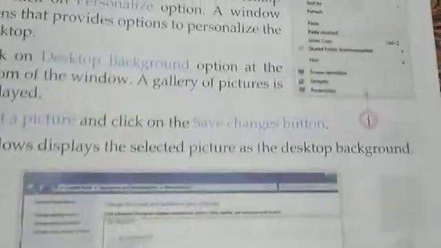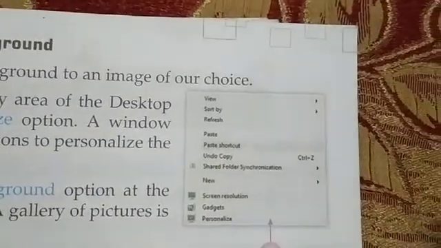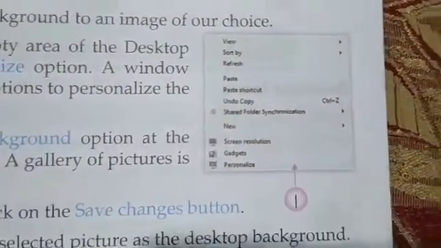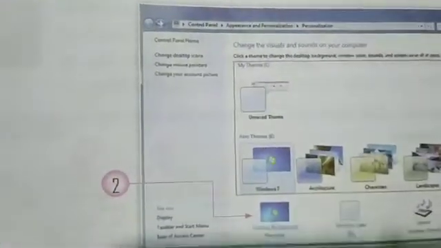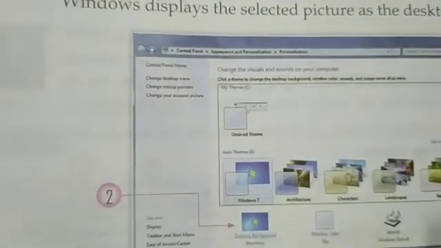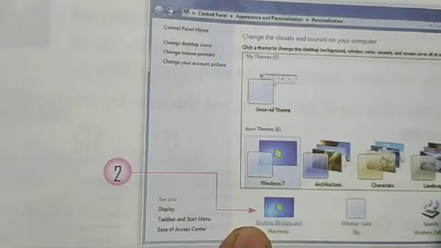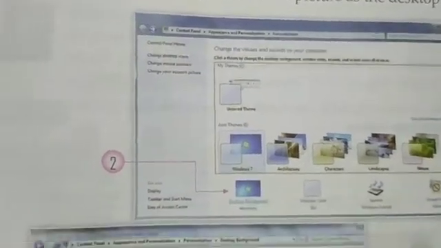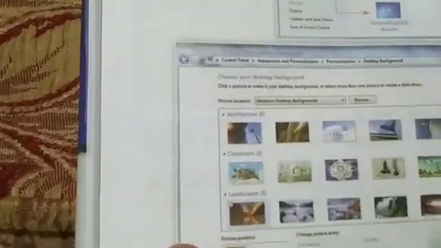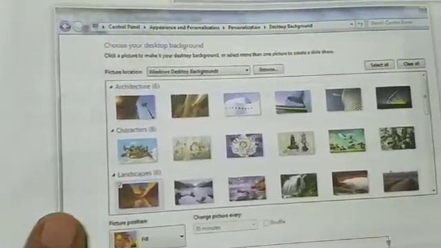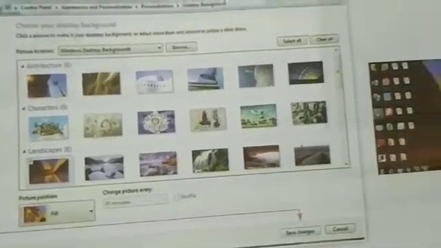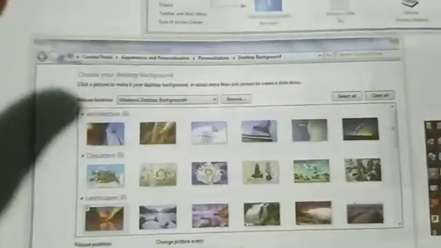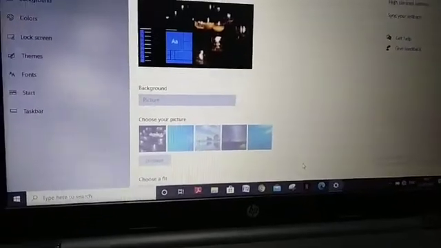This picture will be the desktop background. Clear? So this is the personalize option, and in this personalize dialog box, you have to click on the desktop background option. Then in the third step, in this window you have to select a picture, and after selecting the picture click on save changes. Quite simple. Okay, through these three steps now you can easily change the desktop background.